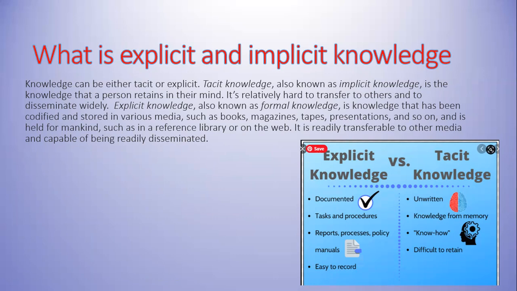Once it becomes explicit, documented, that's why modern civilization is doing so well, because through tasks, procedures, reports, knowledge becomes transferable. That's helpful for mankind, and then you learn it. That's how most of the sciences are transferred. The sciences are not implicit, they are explicit. However, human behavior and social codes are implicit. So you can't really say which way is better. It's just different ways and different types of learning, and therefore there are different types of knowledge.